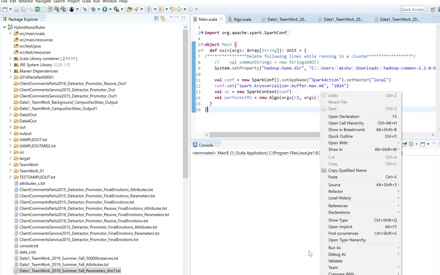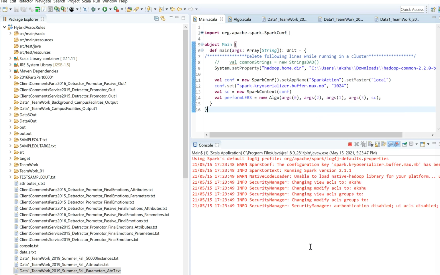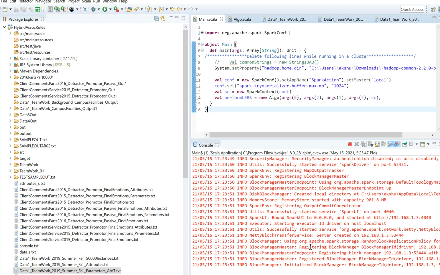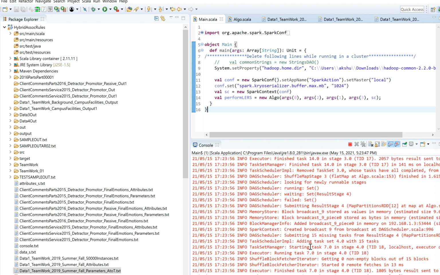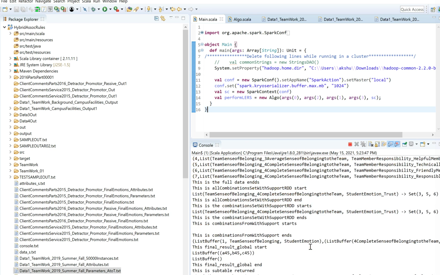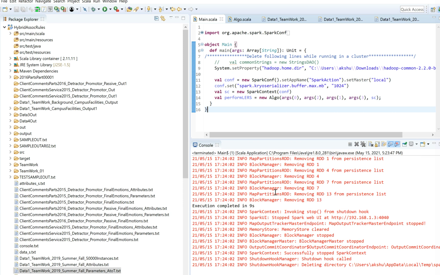So run as. Once you set up the configurations, you can run it as the Scala application. So the code execution is complete.